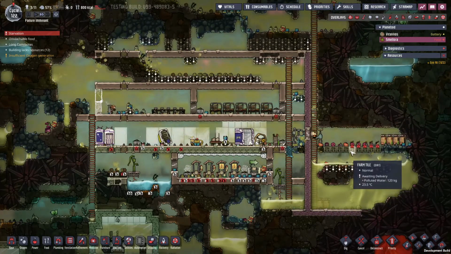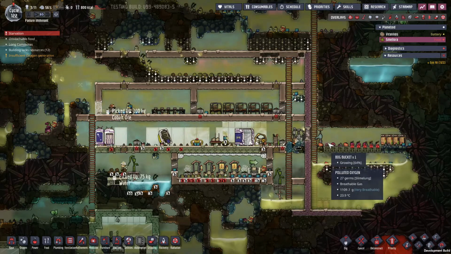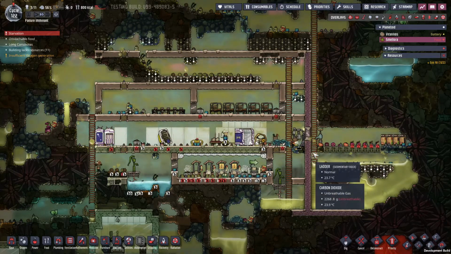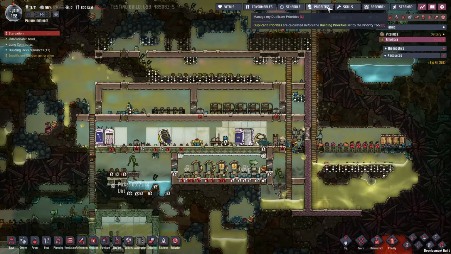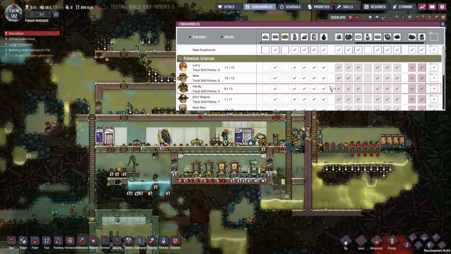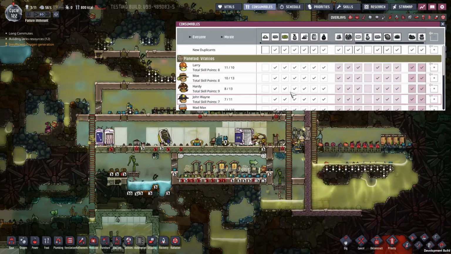And we probably need to expand the farm. That's a bog bucket seed. Yep. Oh, wait. No, they should be able to. Is the consumable menu here different? See, they're not allowed to eat these. There we go. We'll just...